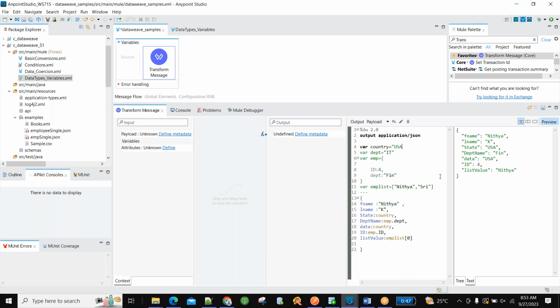For example, from the front end I am getting payload dot country, so the payload dot country value will be stored in the country variable. Wherever you require this value, you will refer to it. In that way, whatever you get in the form of payloads from the front end, you will track it and reuse it.